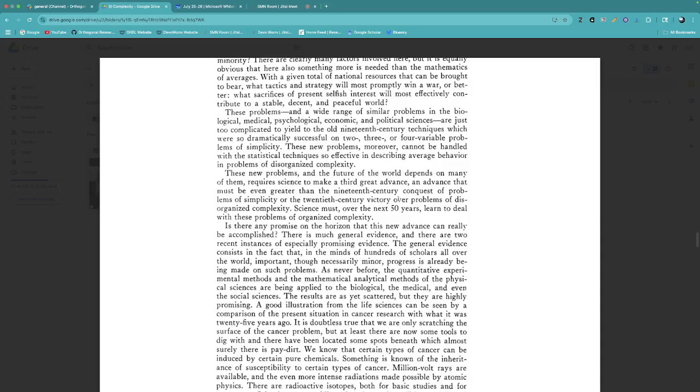Okay, so this is where he's going over the next advance. And again, we're looking at this from 1948. So this was kind of the point at which maybe people started thinking about complexity theory. And then in the 1980s, there was a great run of chaos theory, where it was a very popular thing, it was fashionable to think about things in that way, and then it kind of receded.